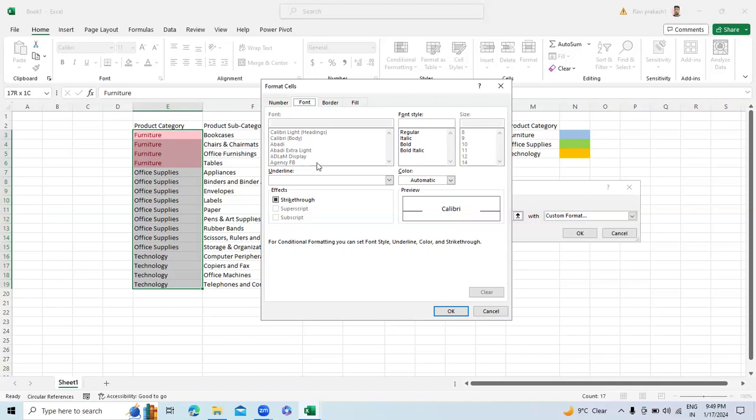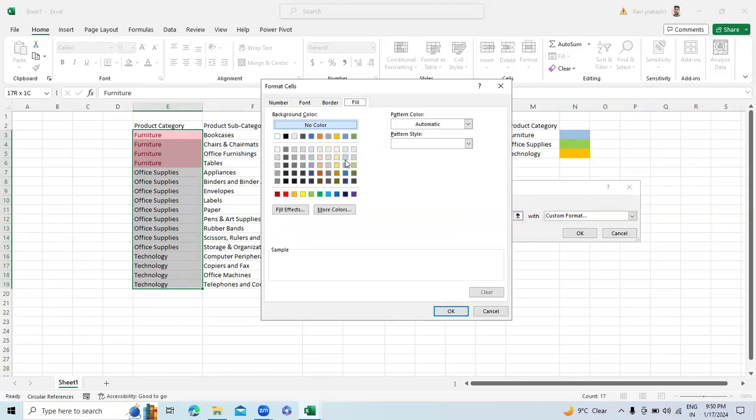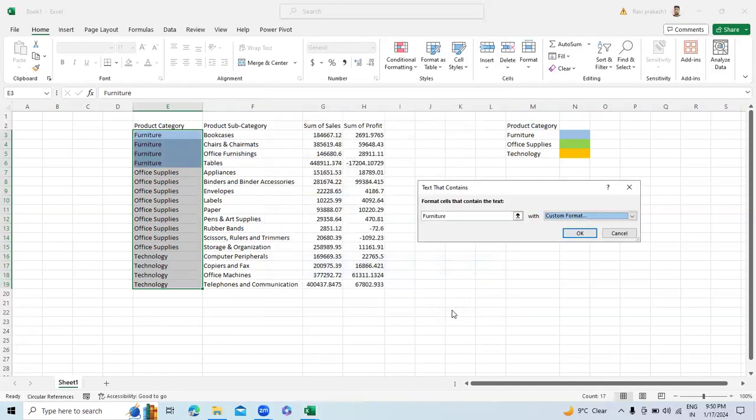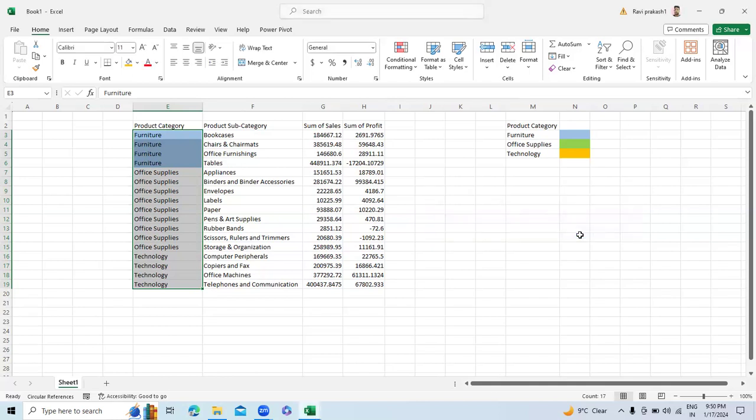देन I'll go here. हमें क्या करना है? I'll have to just give this fill color. So I'll go to fill color. Then I select this fill color here. I'll click OK, and that's it. यदि हमें इसमें बॉर्डर भी ऐड करना हो, राइट, ऑन सर्टेन कंडीशन, जब भी एक सर्टेन कंडीशन मीट हो रहा है तो उस केस में यदि हमें बॉर्डर भी ऐड करना है, देन इवन वी कैन डू दैट टू। फॉर नाउ आई जस्ट क्लिक ओके एंड दैट्स इट।